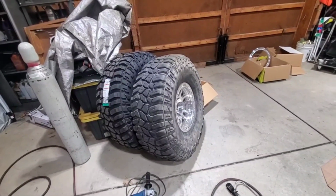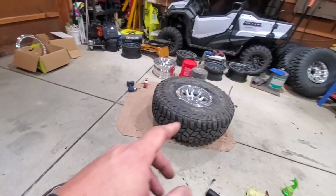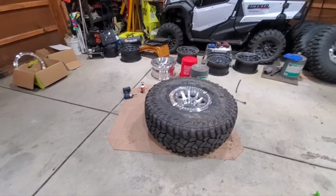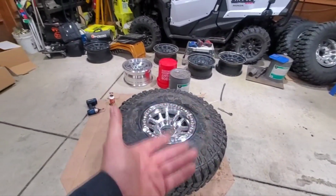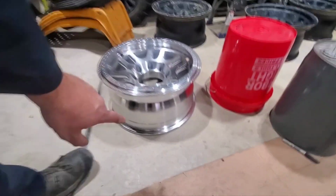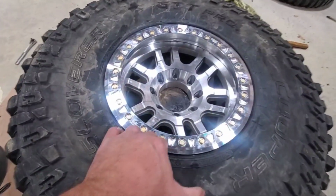Still a little bit of a trick. Again, first time doing beadlocks. The key is to get the back bead down as far as you can, because the higher the bead sits up on the wheel in this area, the more the front face wants to push out, and the front you're trying to get tucked down